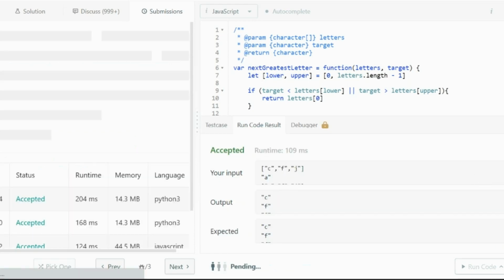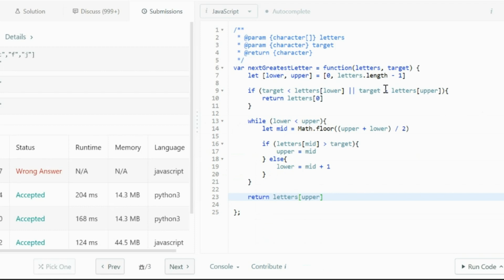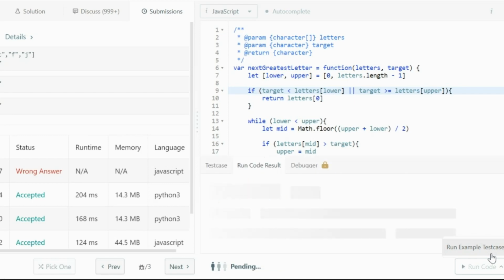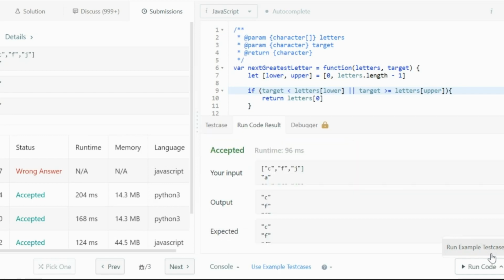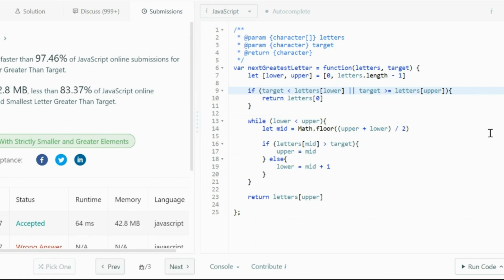This works fine. And if we submit it, okay, something is wrong. Okay, yes. Target should be greater or equal to, because we can have C, F, J and J is equal to J. So let's try to run this again. So I just tried submitting it, and yeah, this works fine. Same time complexity as what we had with the Python solution, log n time, and same